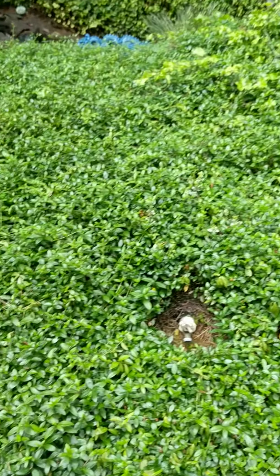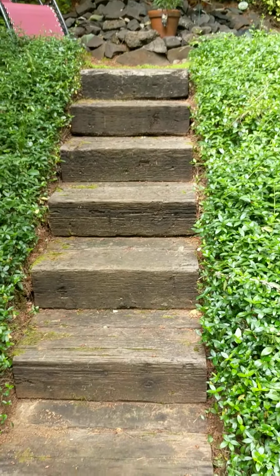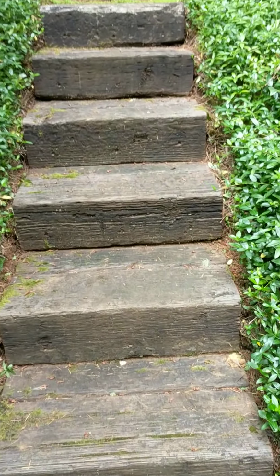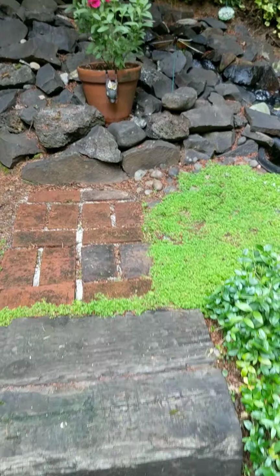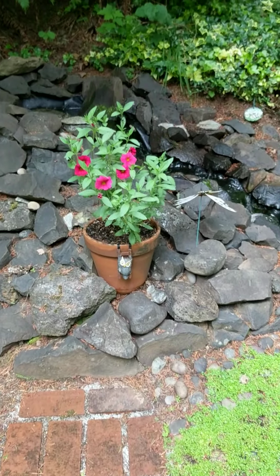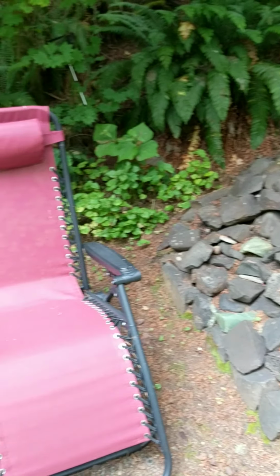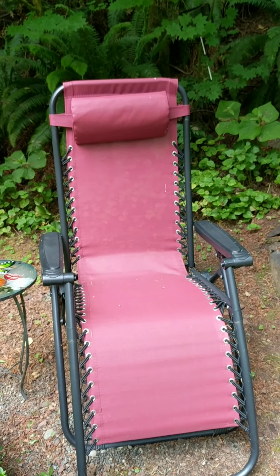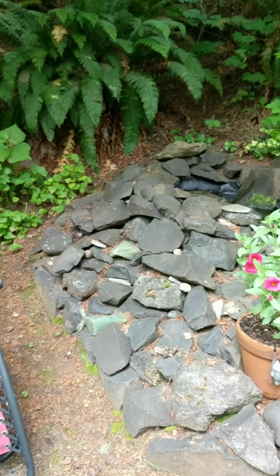So I thought I'd take you up to the rain pond first. Try to move a little bit slower and get up the steps to the rain pond. Everything's looking pretty good. Pretty pink flower. Brody got it for me for Mother's Day. Over here I have my gravity chair where I can kick back, take a break, and look over my empire,